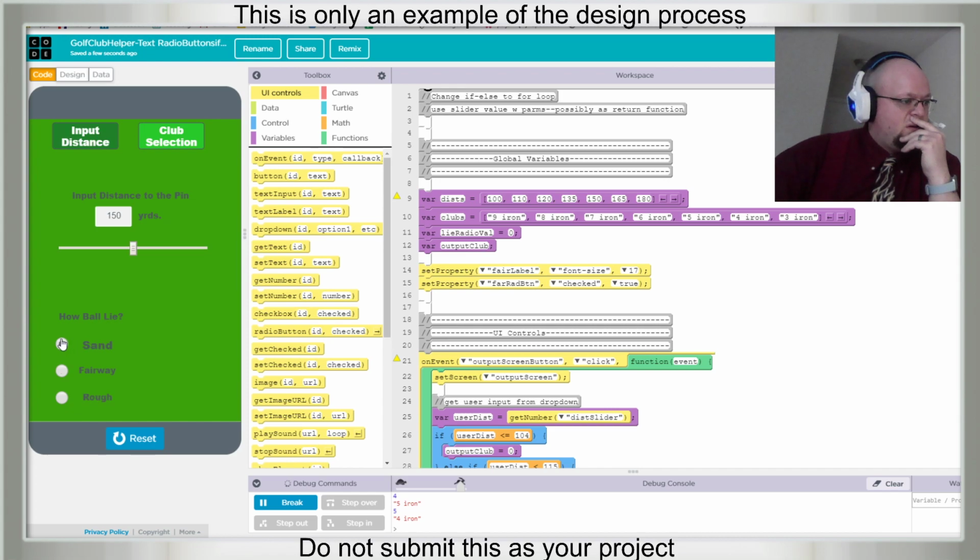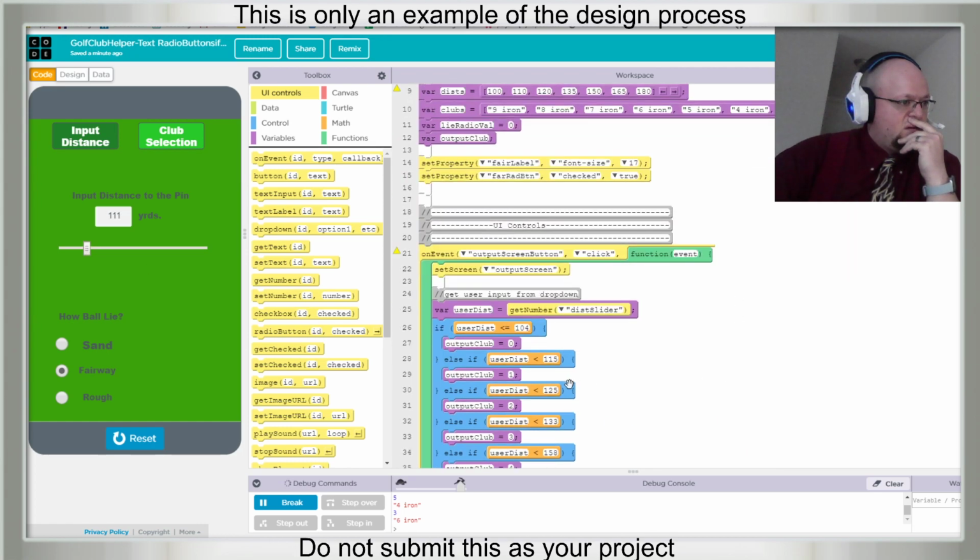Okay, let's go back one. This should say index 3 and 6 iron. Yeah. And let's go back to here. Let's put it at 120. Let's put it at 115. What is our over-under for the first one?